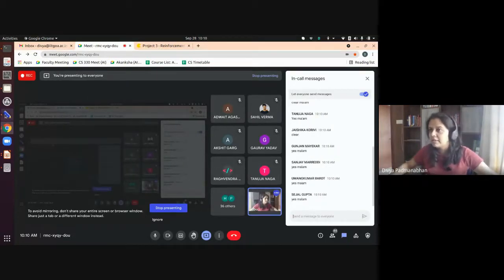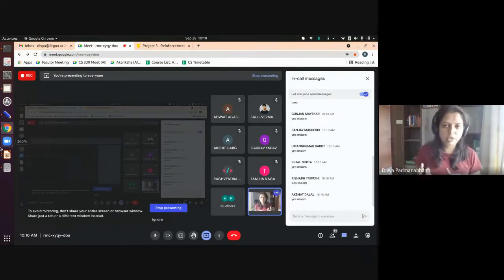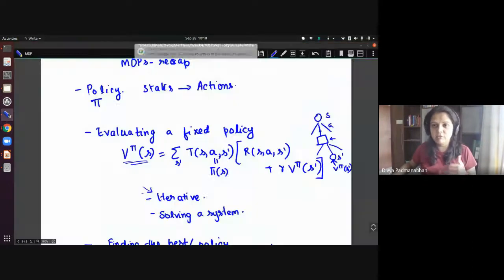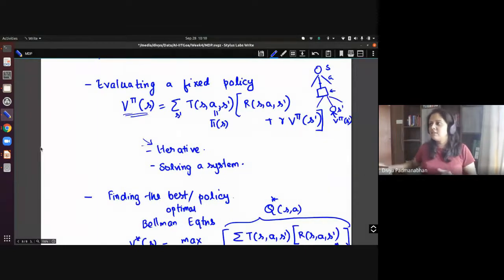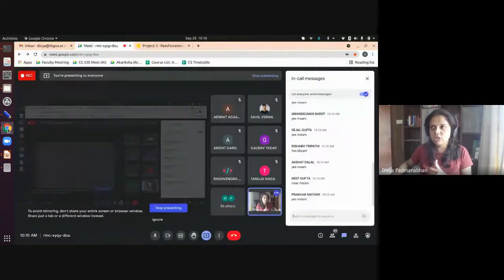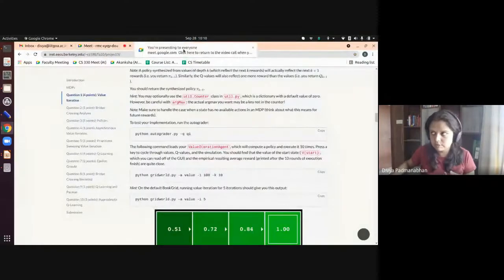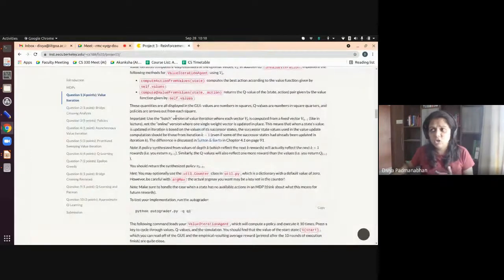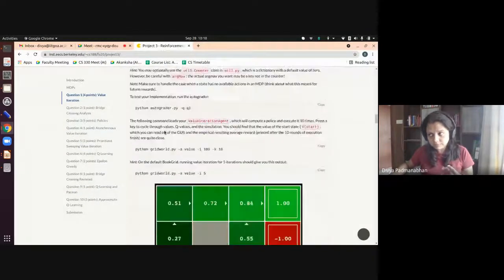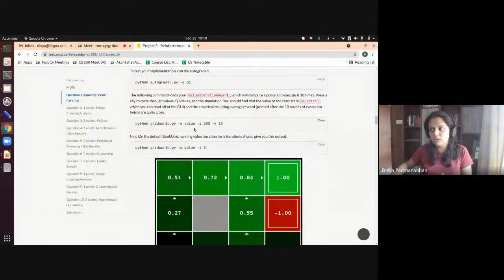So I showed you one implementation. I don't know if you got a chance to implement this for a toy example. If you implement it, things will get very clear when you see each of these in action. I also want to demonstrate how the value iteration idea works in your project. So in your assignment, I think you're asked to only do value iteration. So let's just see the grid world example.